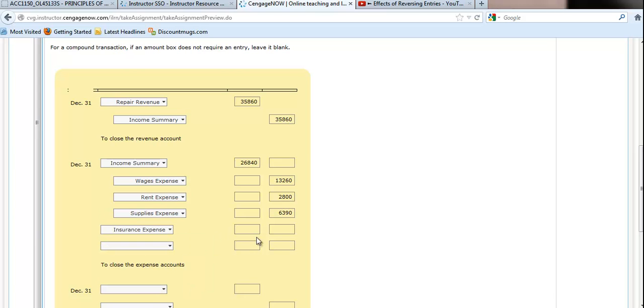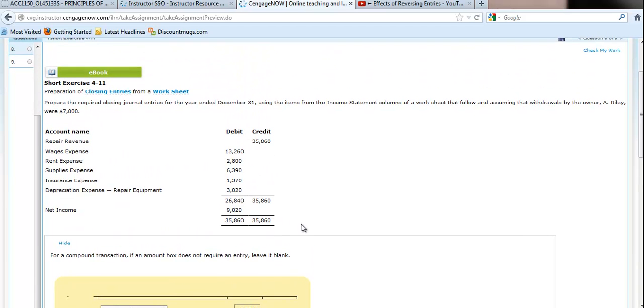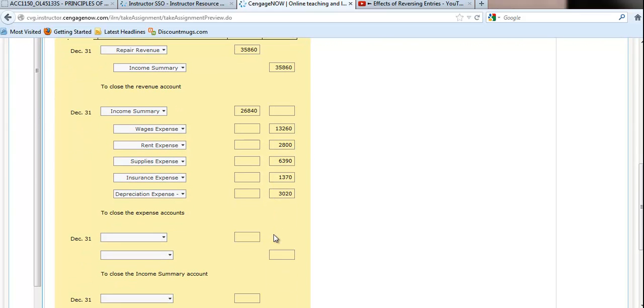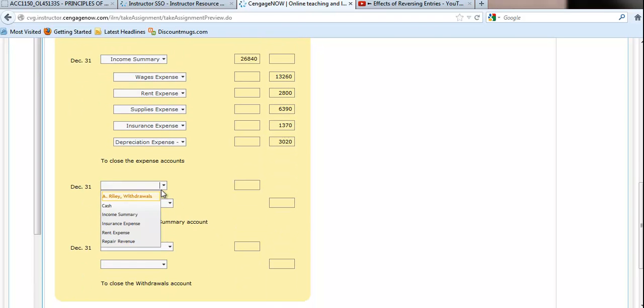Then I'm going to close my insurance expense for $1,370. And then I'm going to close my depreciation expense for $3,020. If you were to add all these up, they should equal $26,840 because we've already done that on the worksheet. Okay, step 3, we close the amount in our income summary account, which in this case is a net income. So we will debit our income summary account and credit or increase our capital account for the amount of